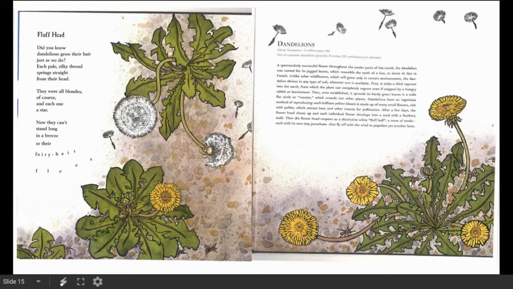After a few days, the flower head closes up, and each individual flower develops into a seed with a feathery stalk. Then the flower head reopens as a distinctive white fluff ball, a mass of seeds, each with its own tiny parachute, that fly off with the wind to populate yet another lawn. Pretty ubiquitous. It can grow anywhere.